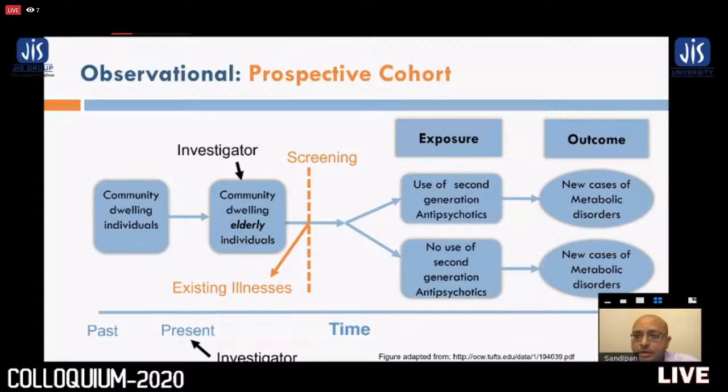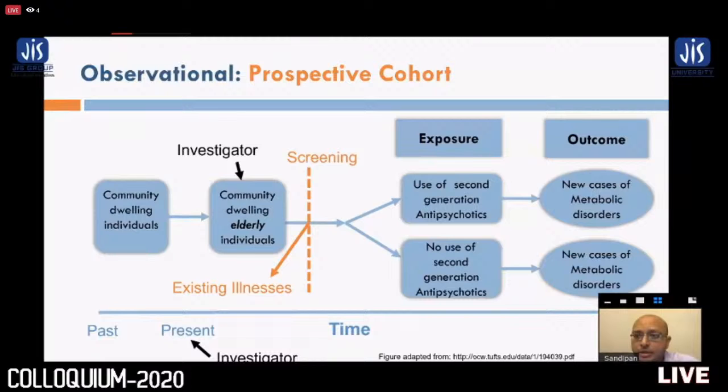However, the disadvantages of this kind of study is that it is expensive. And let me add, it's super expensive in many cases. It's time consuming. So you can think like, if you are following them up for such a long time, it's time consuming. And another important problem is loss to follow up or attrition bias that happens, because as you move forward